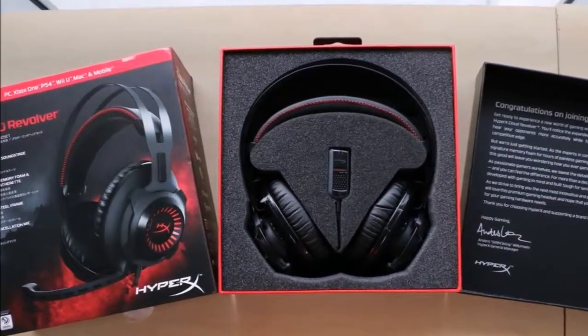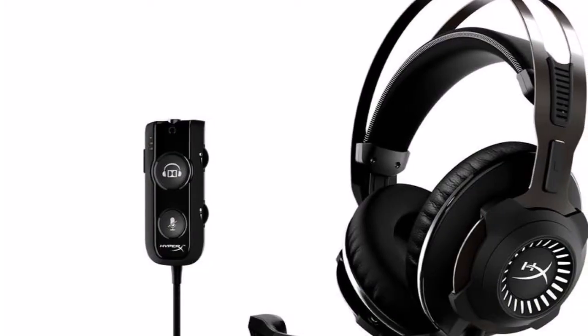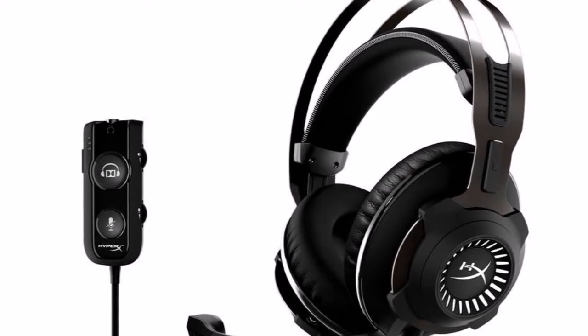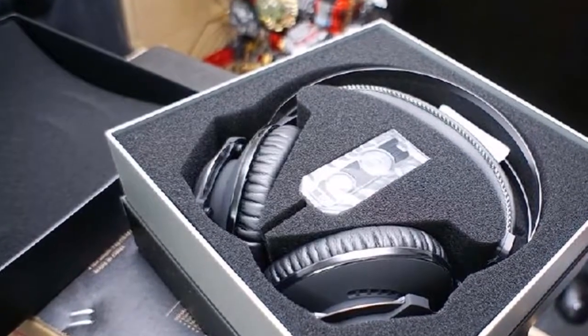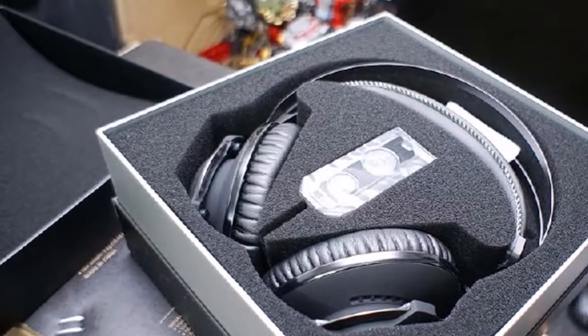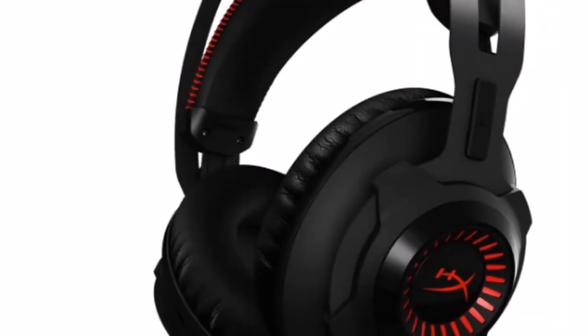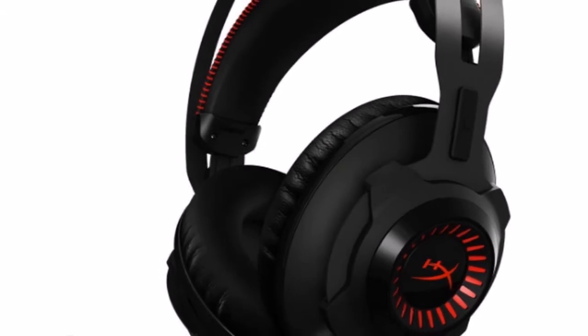HyperX has added a new addition to their range of gaming headsets this week with the unveiling of the new HyperX Cloud Revolver Gunmetal gaming headset, which will soon be available to purchase. Taking design elements from the already available HyperX Cloud Revolver S headset in the form of the award-winning HyperX memory foam, which has been designed to provide gamers with an unmatched level of comfort, allowing you to game longer in more